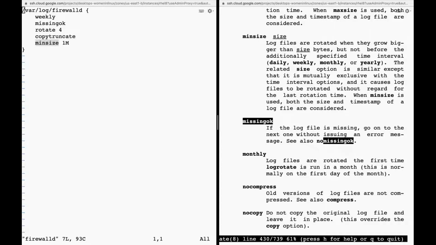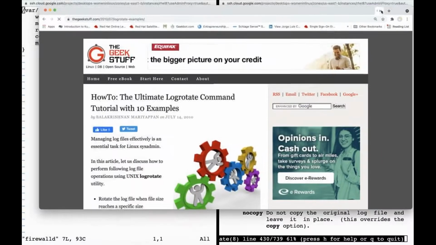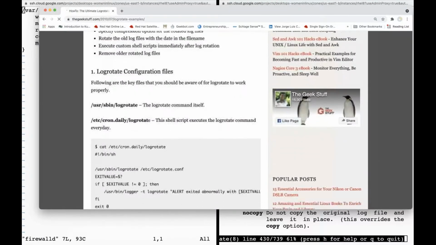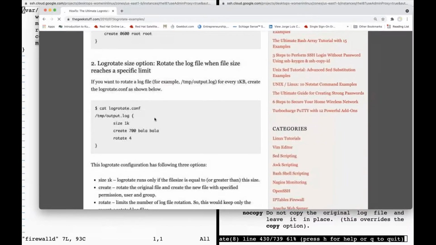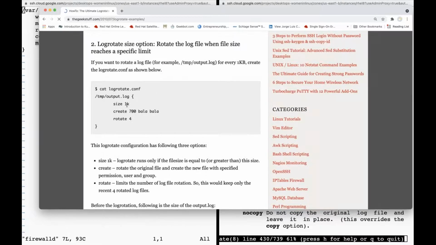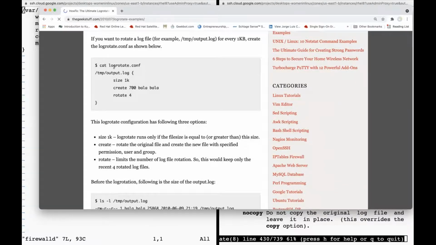Let's see if we can get a better explanation on min size. Min size for log rotate. Let's see if we get a better example. That's what I want. A better example. Let's look at this one. Min size. All right, so we went through all of that. Let's look on here. All right, so right here, they got